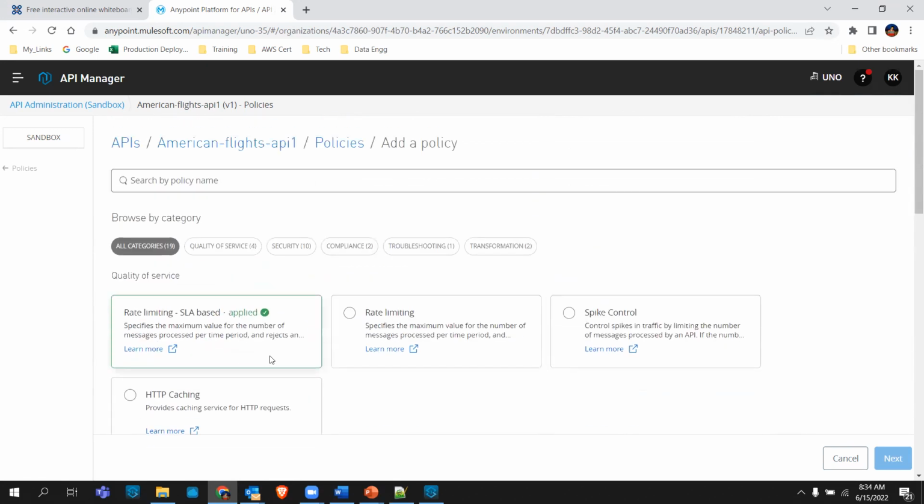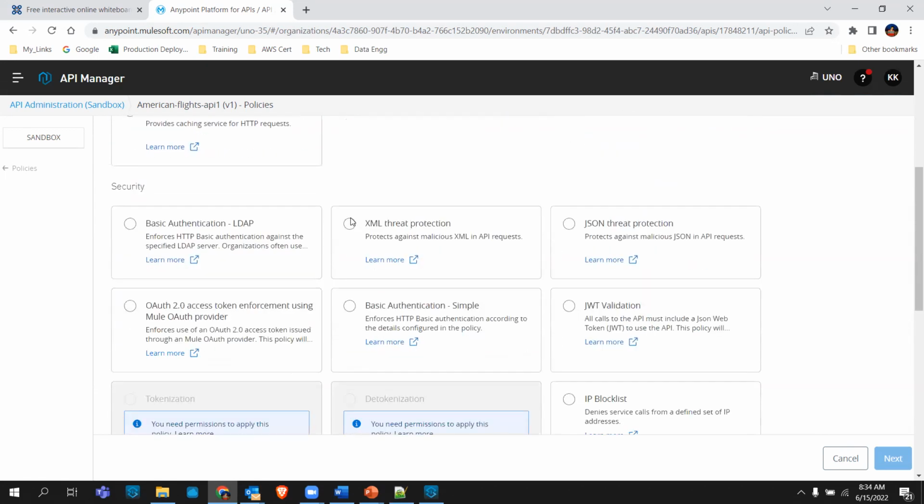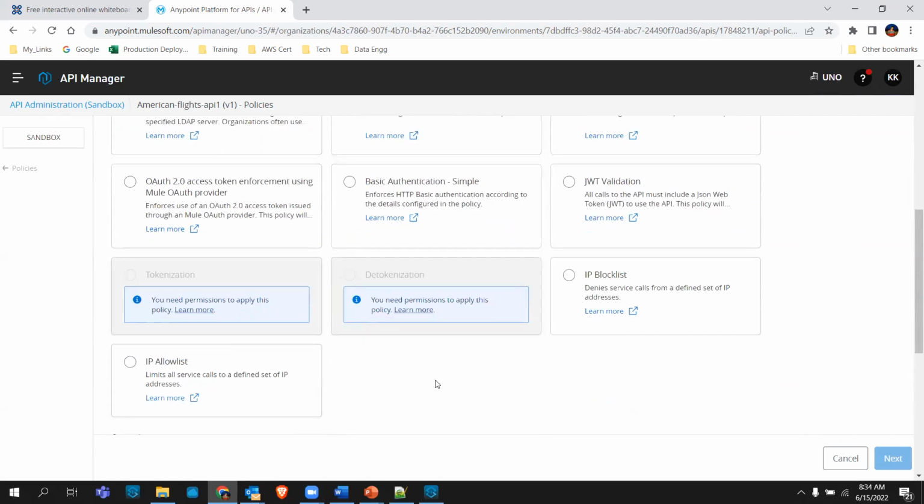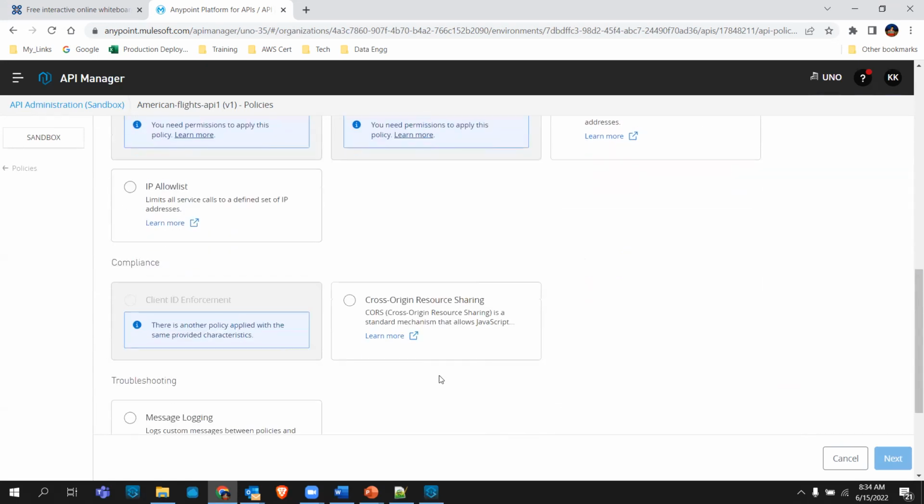So yesterday when we were hitting an API, if you remember, we were not passing any credentials. We were just hitting that endpoint and it was working for us. So that means client ID enforcement was not there, meaning that policy was not there for that API. But if you apply this client ID enforcement, then you will have to provide the user ID and